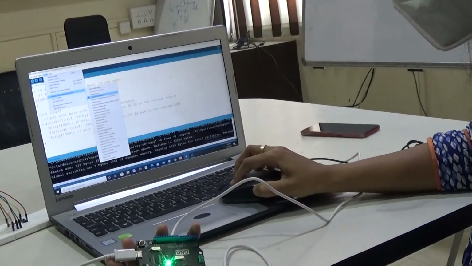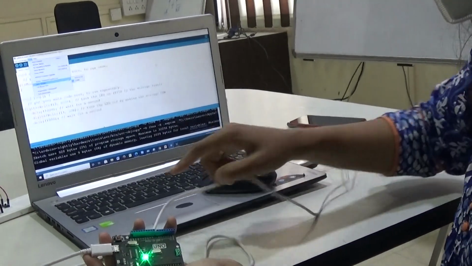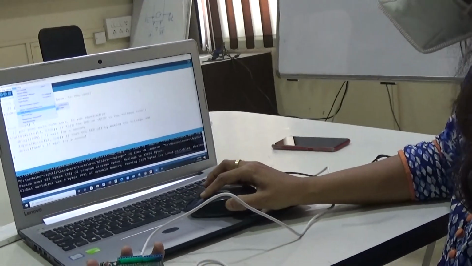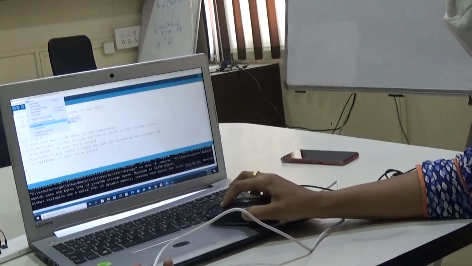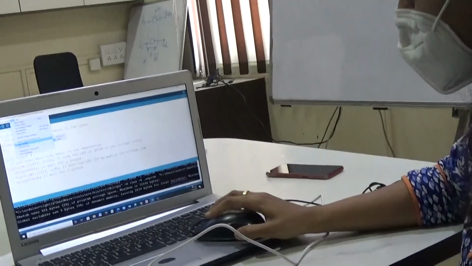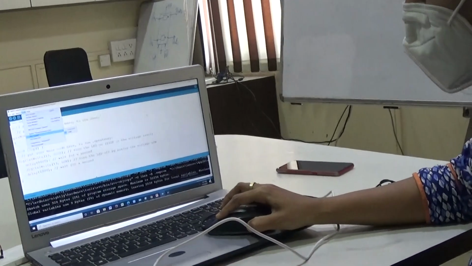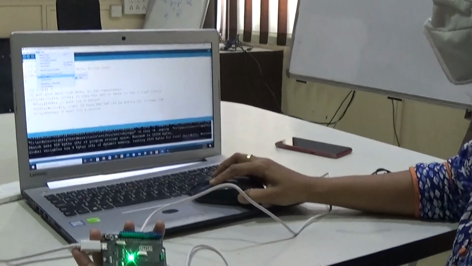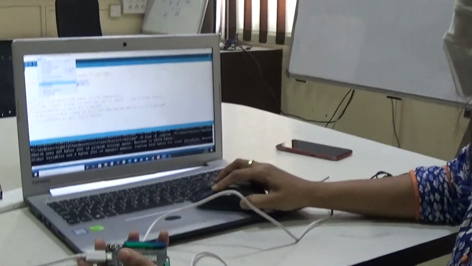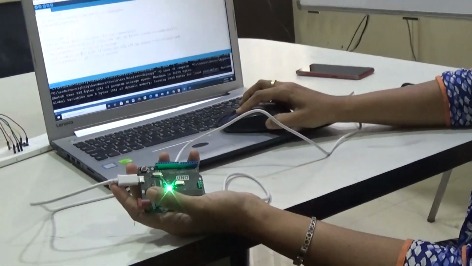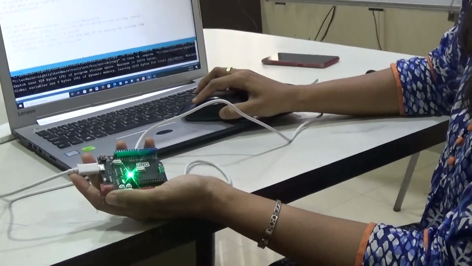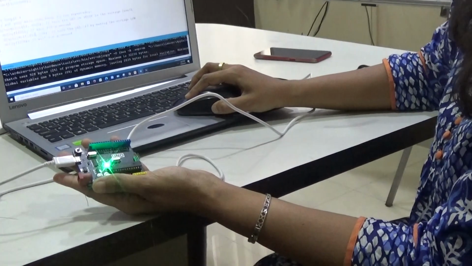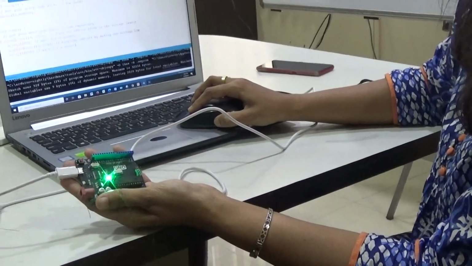So now the second step will be on which port you are going to attach the kit as a USB. So here for my laptop it's coming as COM5, and here also it's going to show me the indication at the right corner of the Arduino IDE, that COM5 has been selected. So you have to check that both of these are the same, otherwise a problem may occur due to incorrect port selection. So now we are ready to upload the code on the kit. Here the second button is going to give me the upload. Okay, so now I am pressing this upload.